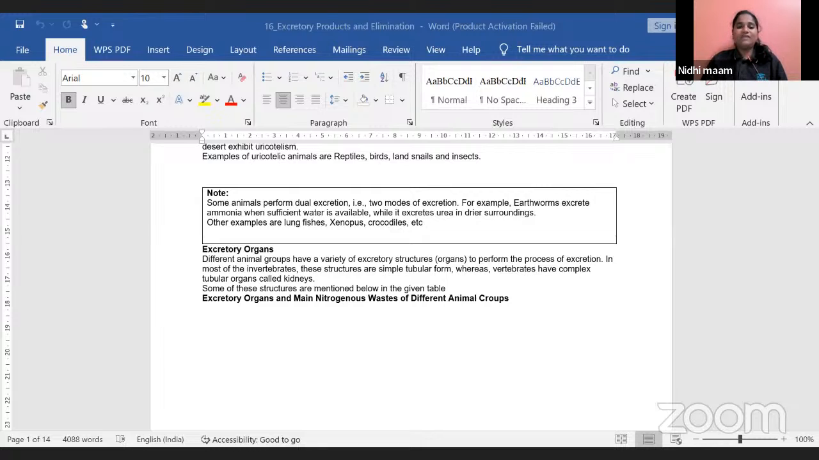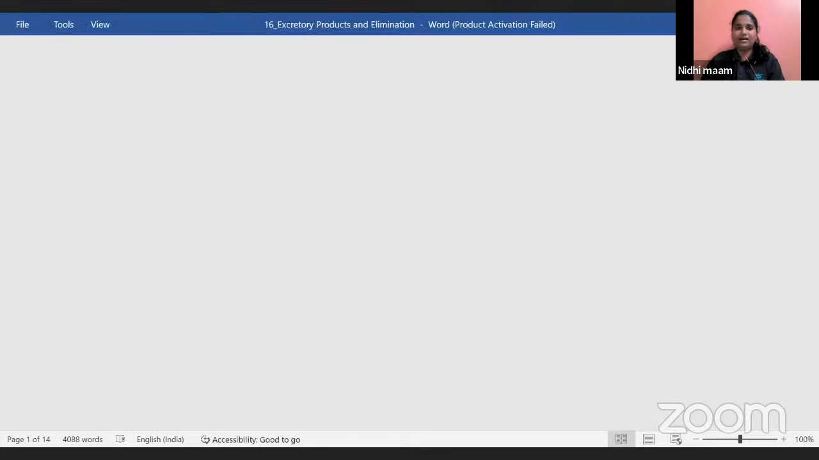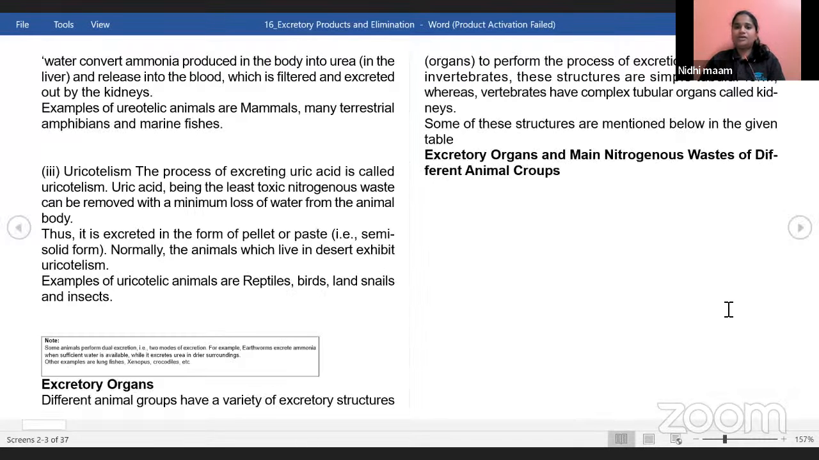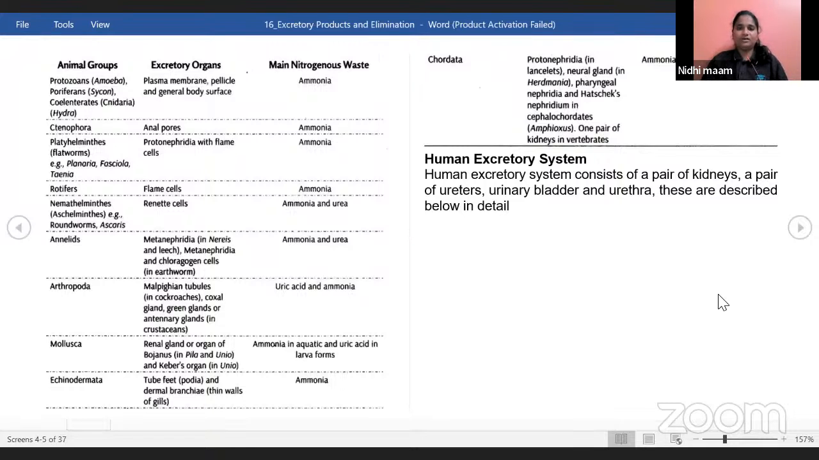Okay. Next, when we come to the excretory organs, now let us come to the excretory organs. Yeah. So here we have a good table. If you want, you can take the screenshot, my dear friends. So here see, animal groups are there. For example, protozoa, amoeba, poriferan, cycon, coelenterata, that is hydra. They have given one example of each group. Okay. So here the excretory organs will be plasma membrane in protozoans, pellicle and general body surface in poriferans and